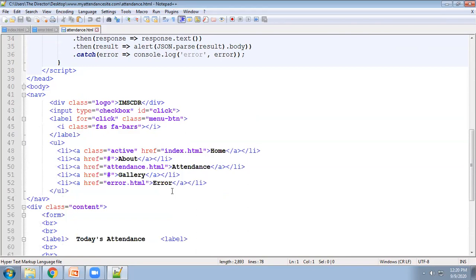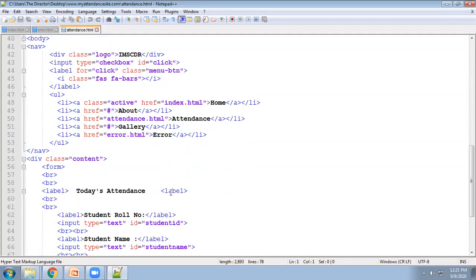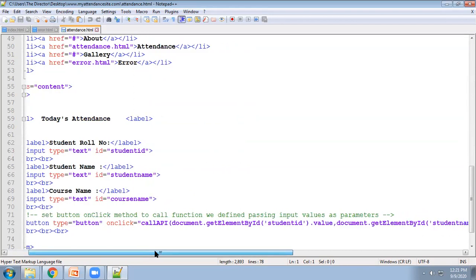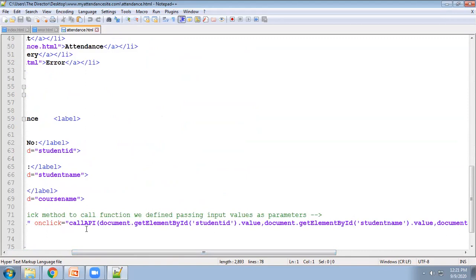So my HTML code looks like this. Here I have taken the roll number, student ID, student name, and course name. And here I have taken one button, and through that button I am calling the API, that Lambda function, and I am passing the three variables.